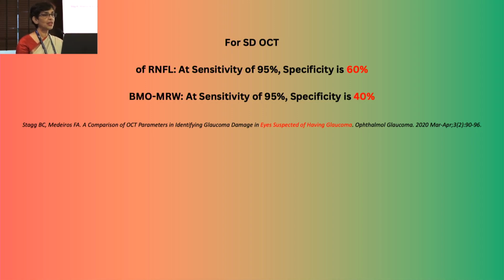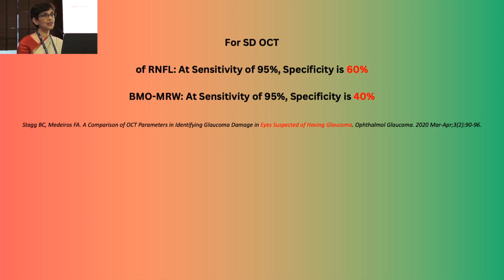This was a study done by Stagg and Medeiros, and it was for glaucoma suspects. They found that in a spectral domain OCT of the RNFL, at a sensitivity of 95%, specificity is only 60%. This means that if you want to detect 95% of glaucoma in glaucoma suspects, you end up calling 40% of the normals glaucomatous. Since we basically use the OCT to make a decision whether the glaucoma suspect has glaucoma or not,